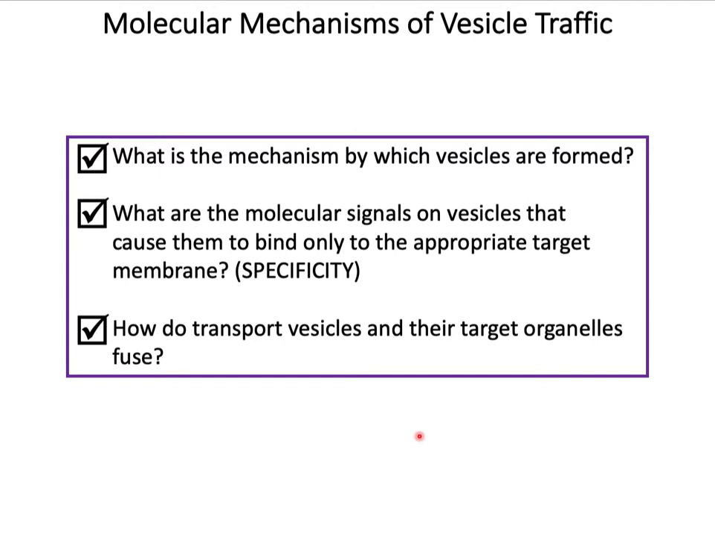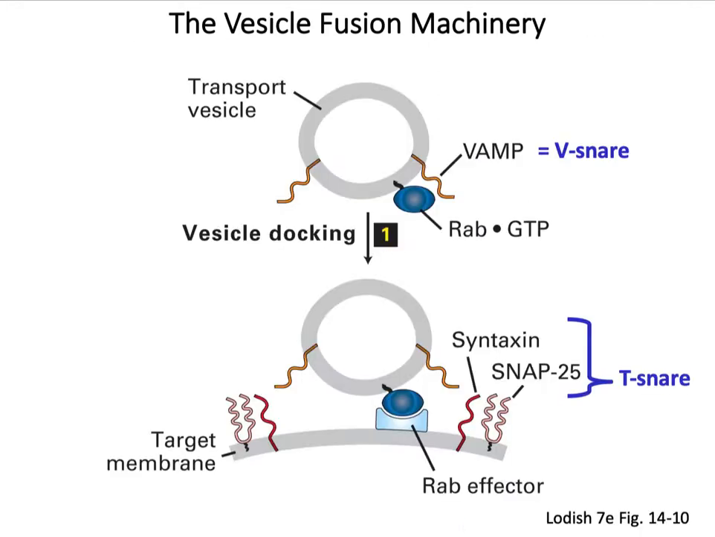How do these transport vesicles, once they find their membrane, fuse with the target membrane, the mechanism of fusion? So here are the V snares and the Rabs which do this. So here is your transport vesicle. It is uncoated. You have the protein here known as a VAMP. In this example, it is the V snare. Here is a